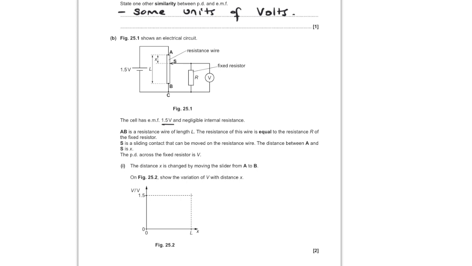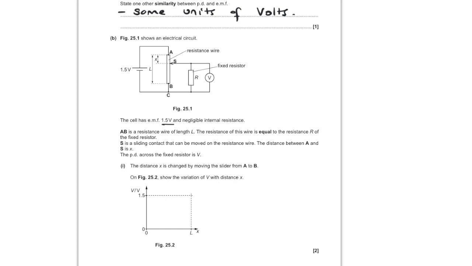And then S is a sliding contact that moves from A to position B. Now, as it's moving, the length of the resistance wire is increasing. So the electrons will experience more resistance, and therefore the voltage will decrease. Voltage across the wire would go down. But as the resistance increases, the current also decreases. In other words, it's the current as well which affects the voltage, which is read by the